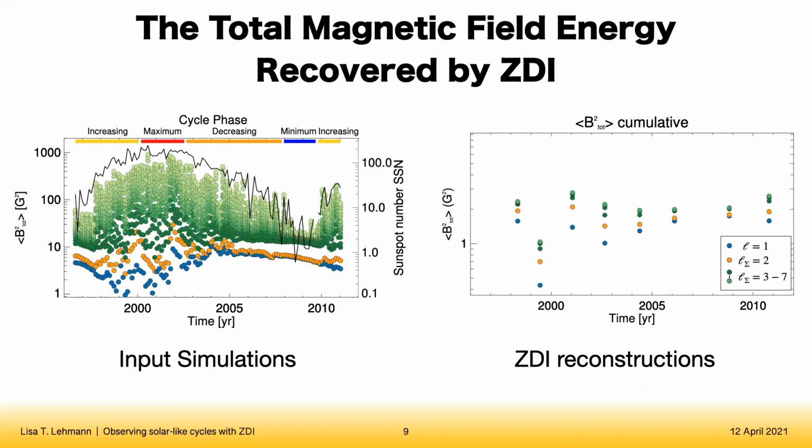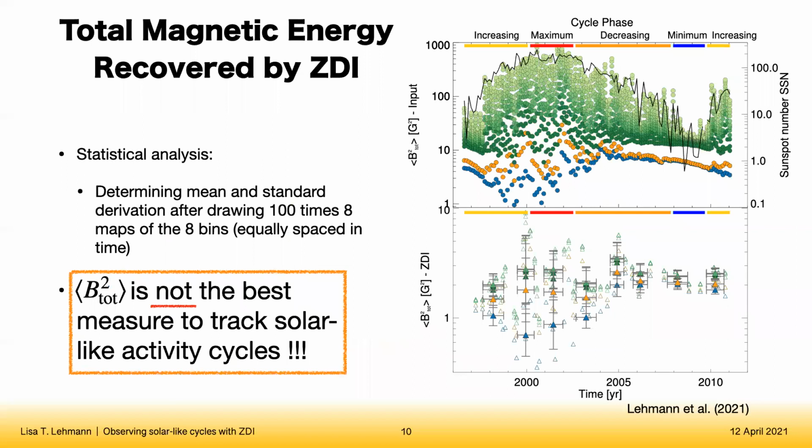This really highlights that the total magnetic energy is varying a lot for the Sun, especially during the maximum. So to get a more meaningful result, I binned the data in 8 different bins equally spaced in time and drew 100 times 8 maps, and determined the mean and standard deviation. And you see, on average, it's just a very flat distribution for the ZDI reconstructions. The dipole mode shows the largest variation, but really the total magnetic energy is not a good way to track